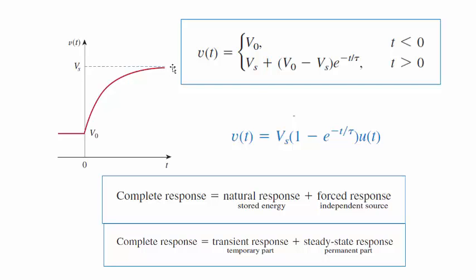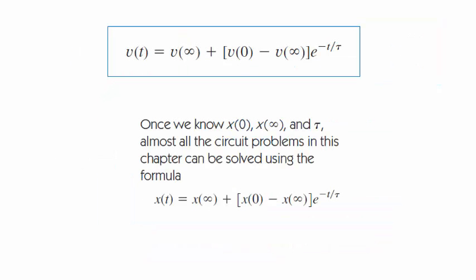So let's look at the way that we can get through our shortcut method of having the transient plus the steady state response equal the complete response. This is almost a by-observation way of writing what's happening in the circuit. So, stating what I just said on the other slide in a different way,